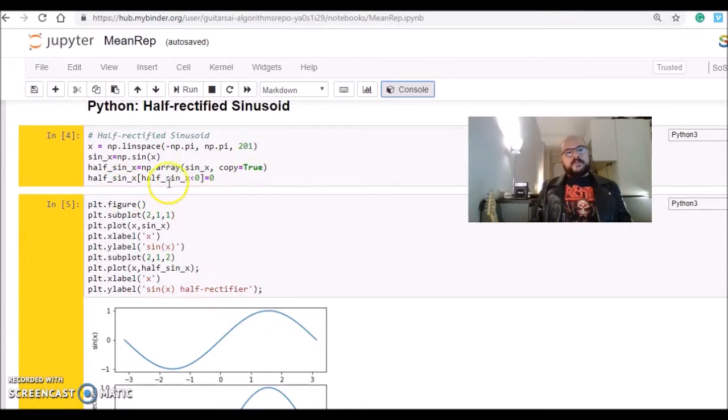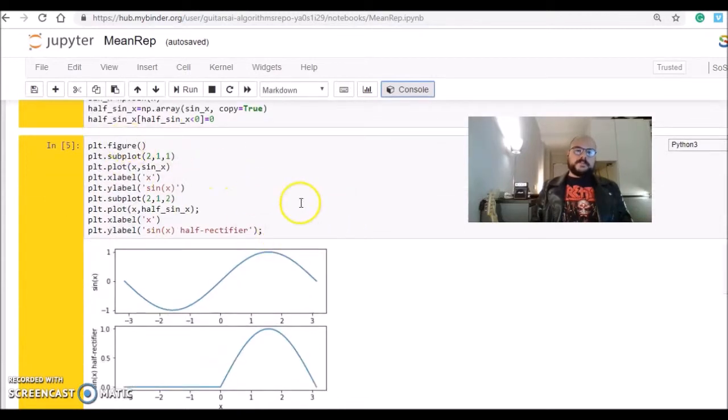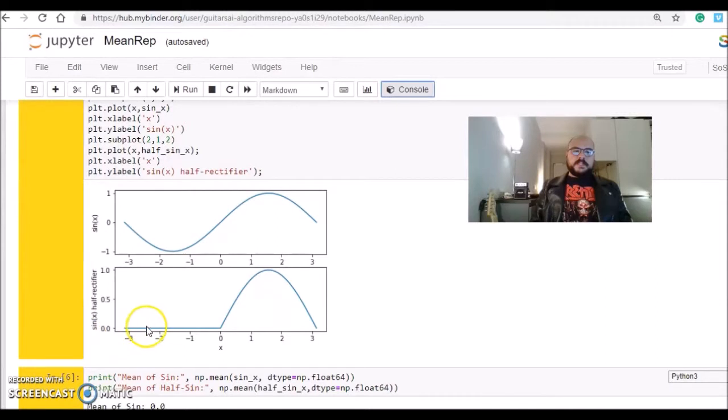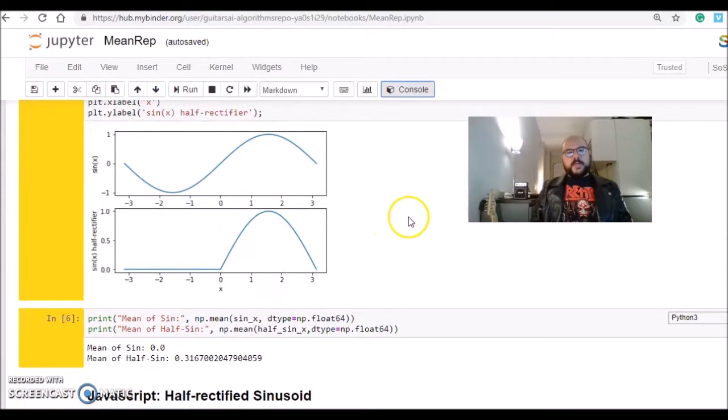So everything that is smaller than 0 will be set to 0. Here I'm just plotting, so this is the sine wave, and here is this half rectified sine wave. Everything that is smaller than 0 is being set to 0, and this is the input signal we are going to test. As I'm using NumPy arrays, and in most programming languages, you will find some libraries that